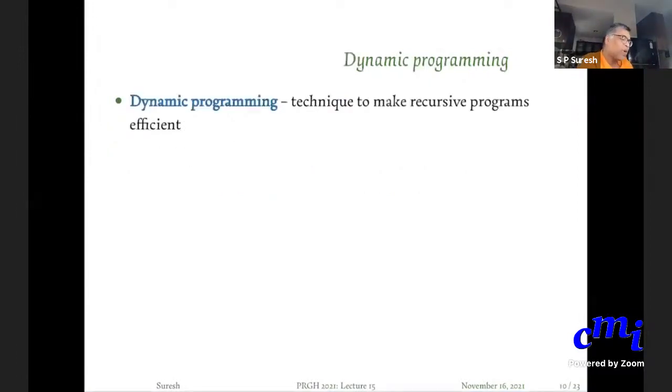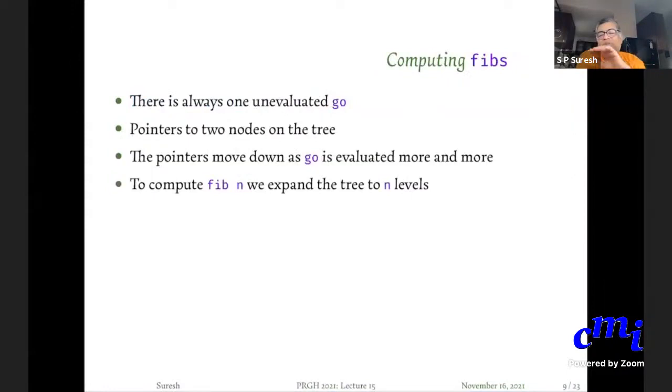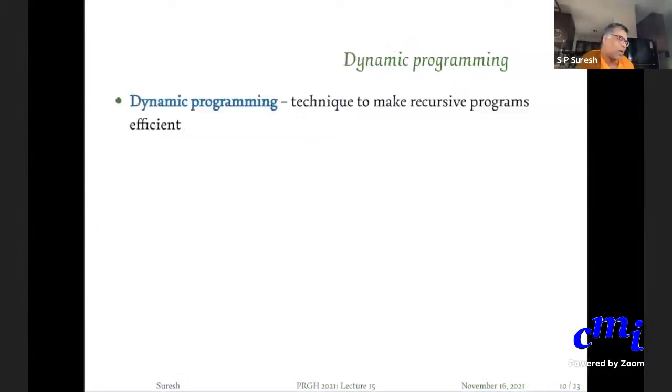Okay, therefore, we have a very, very cute solution for Fibonacci numbers, which works very well. And I've also tried to explain why it works. Now, the idea is to apply this solution method to a much more substantial problem. So this is what is called the technique of dynamic programming. Dynamic programming basically says if you make recursive calls, save the return values of the recursive calls.